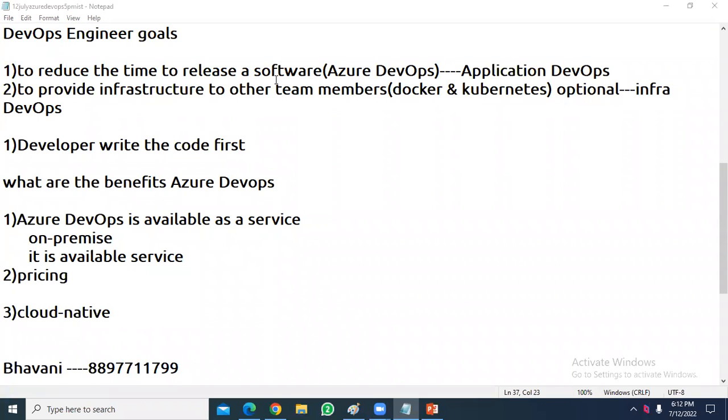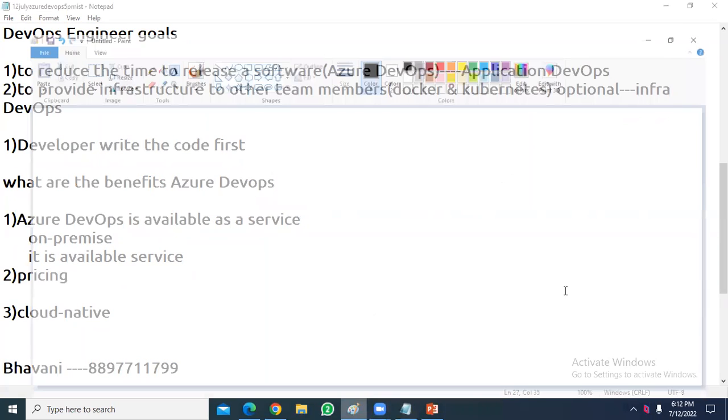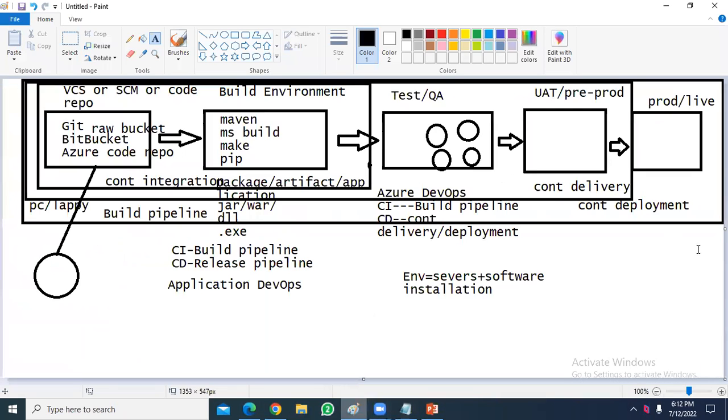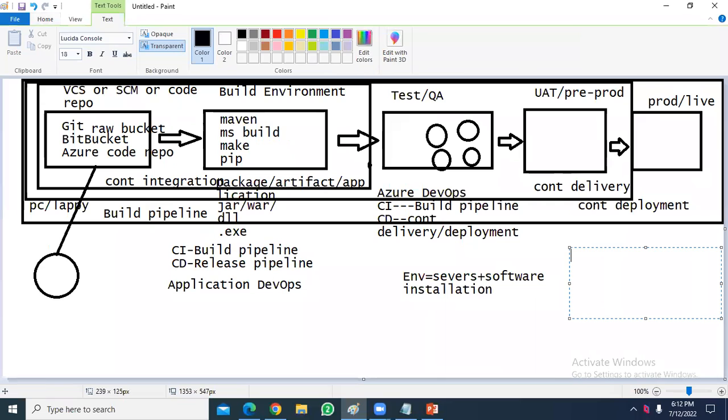Nowadays, without Jenkins, without Docker and Kubernetes, without Azure DevOps, you cannot get the job. For any DevOps job, you need to have 3 tools, definitely. A CI/CD engine is mandatory. It can be Jenkins or Azure DevOps, whatever it may be.